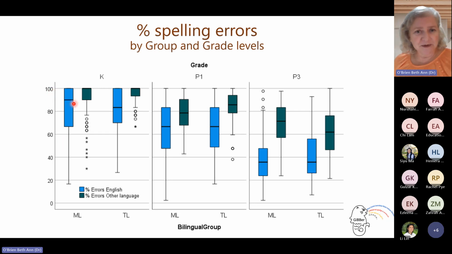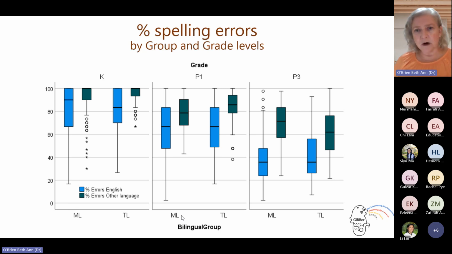We can also see that in most cases, the children are poorer at their non-English language, and that's because there's more dominance of English in Singapore, and also the curriculum focuses most of the day on English and less of the day on what's referred to as the mother tongue language. English is the blue bars, and the other language, whether it's Malay or Tamil, are the green bars. So we see some similarities in the two groups in terms of their overall error rates.